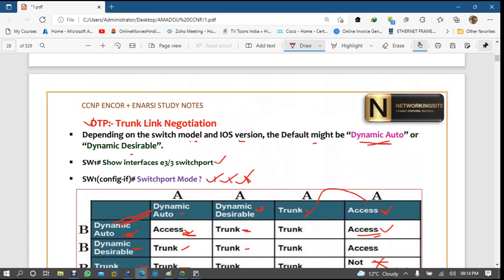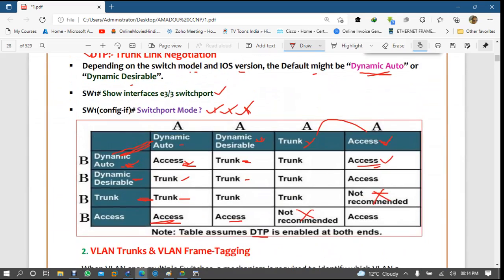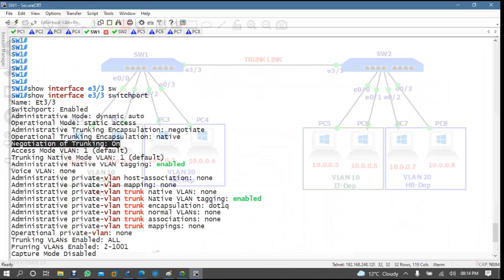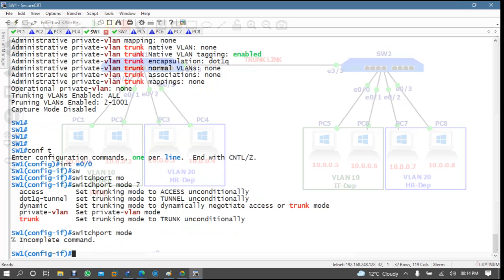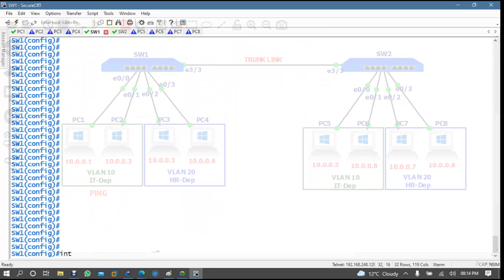Okay, so let's make some kind of negotiation, then we can work on it. No problem, so let's do the practical of this trunk link. Come here to switch one and let's verify. Which port? Interface E3/3, enter,